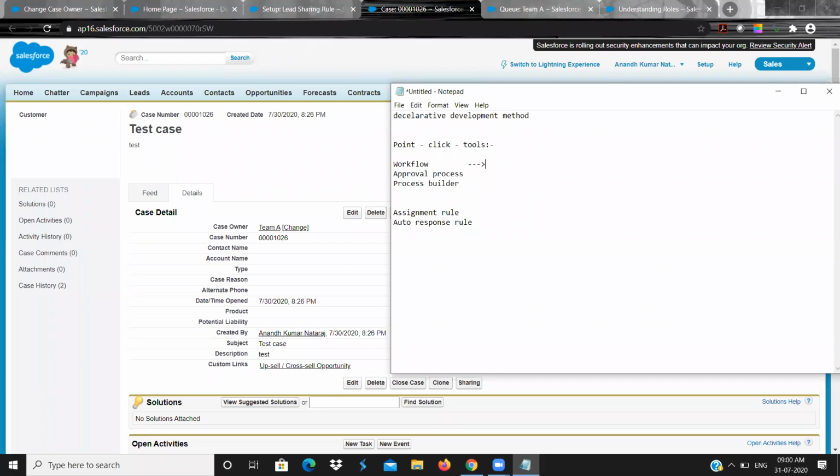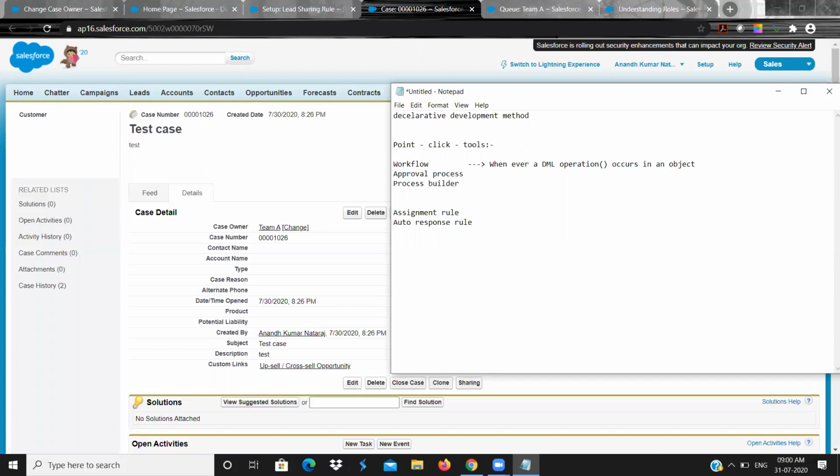Workflow means whenever a DML operation occurs in an object, a DML operation is nothing but insert, update, delete.